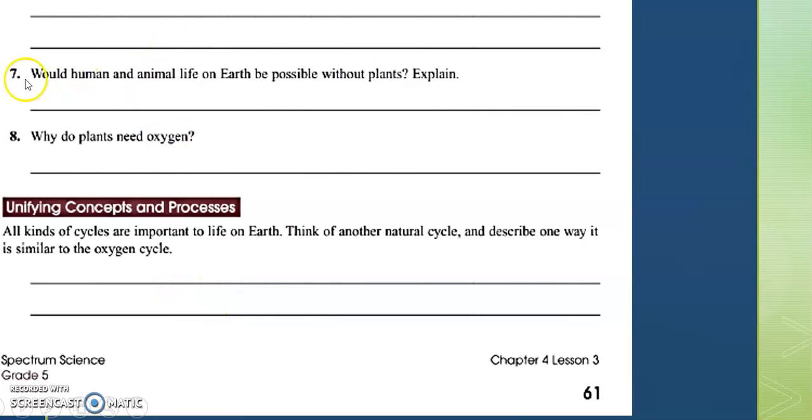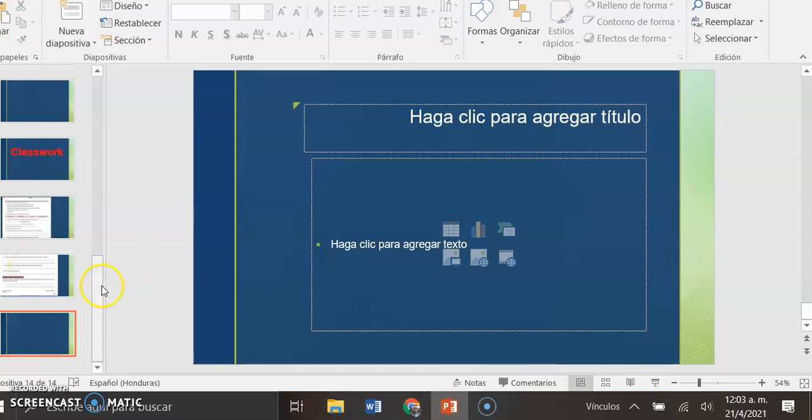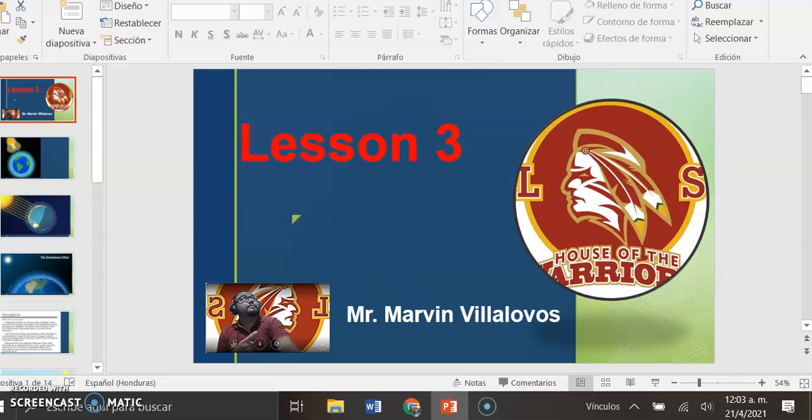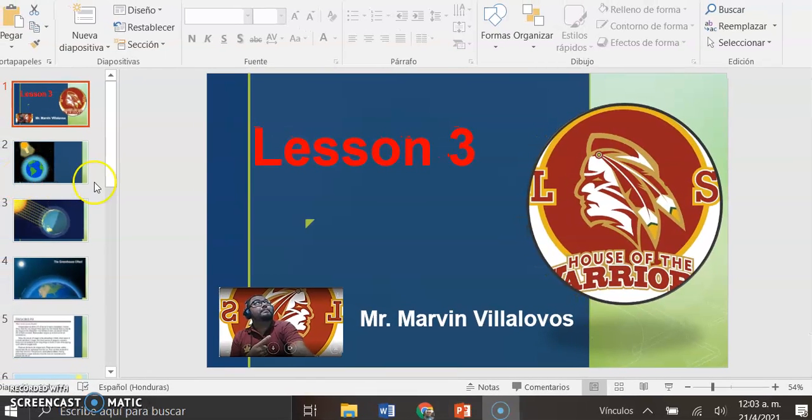Too many questions, just 7 and 8, and you answer the questions about the cycle, something that you know. Remember, what is the solution for the problem of the climate? Or what is the solution? The solution is to plant trees. This is the solution, right? If humans plant more plants or more trees, everything is going to change, right? And we are going to give something good to the planet.